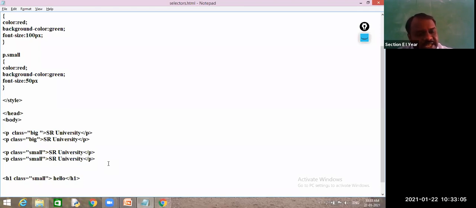The small and big classes can apply only to the paragraph element, but I am not expecting that. I want to write one class that can apply to any element. Then we have to go for generic classes.